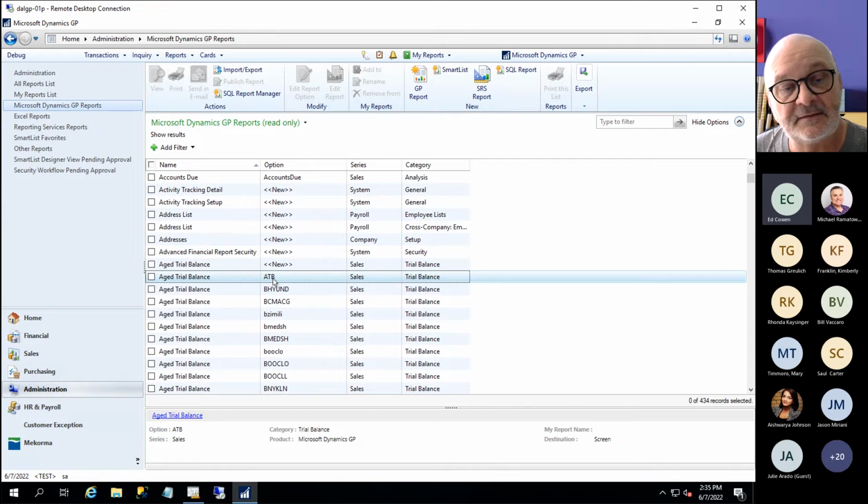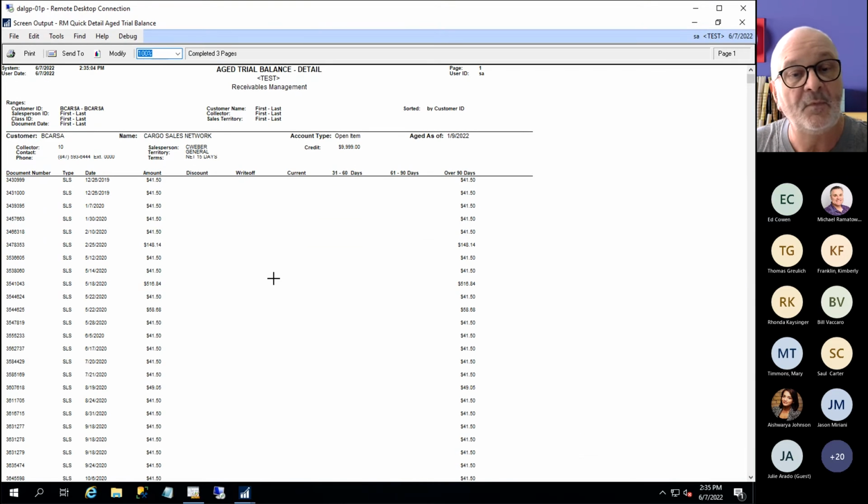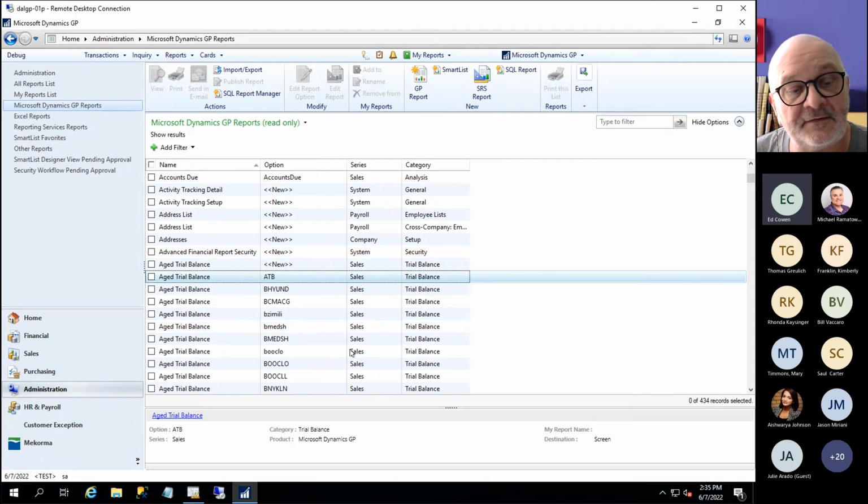And in a perfect world, voila, you have your aged trial balance. And this has been modified to the extent that it's got a customer restriction on it. And so someone saved this as a favorite, and so forth. So now let me just take you into